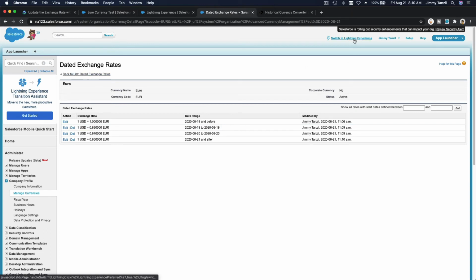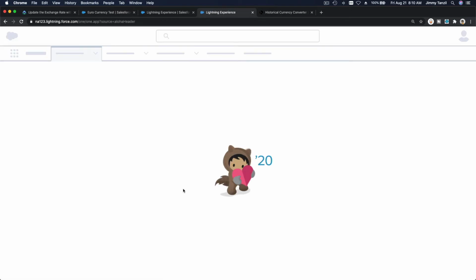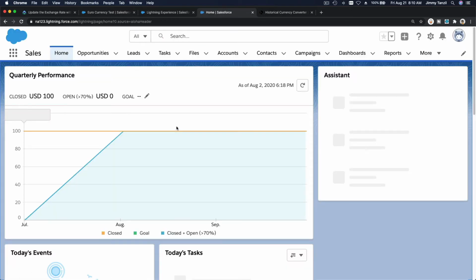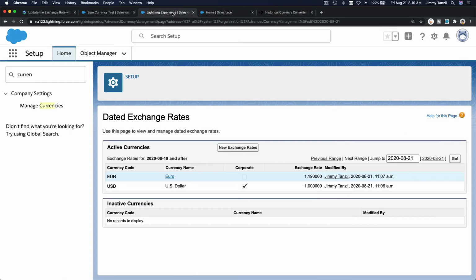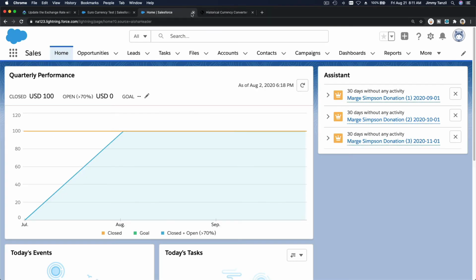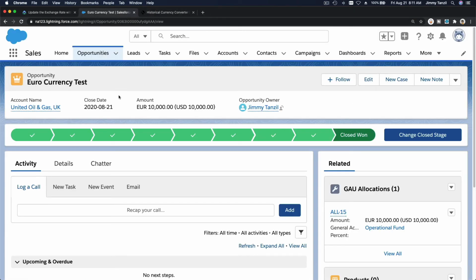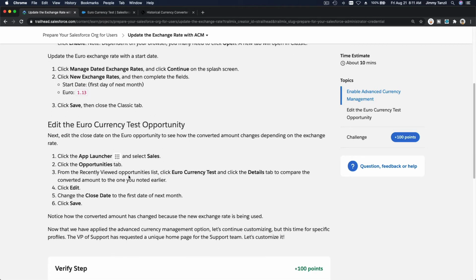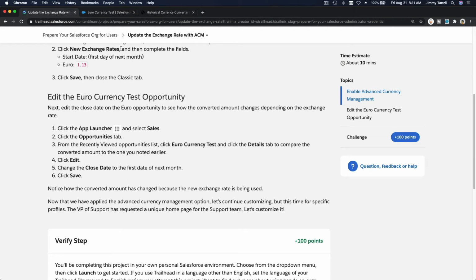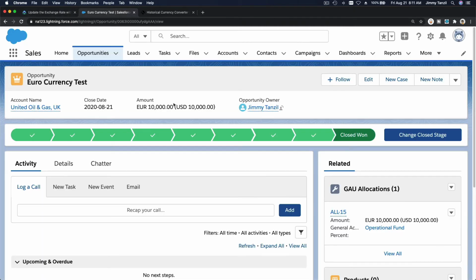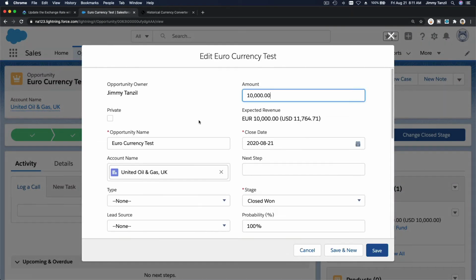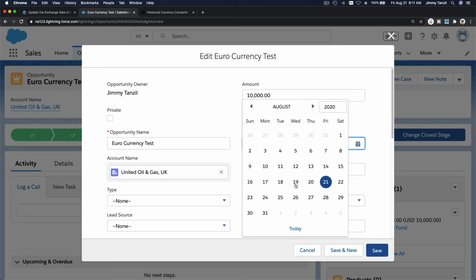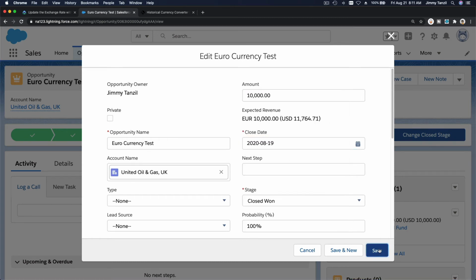So let's switch to Lightning. I don't like this look. It's so old, right? Okay, we're back there. I'm just going to close this and close this as well. We're back here. Now the point is, we've updated the exchange rate. Now if I edit this opportunity and change the close date to the 19th, we will have a different exchange rate. If I save,